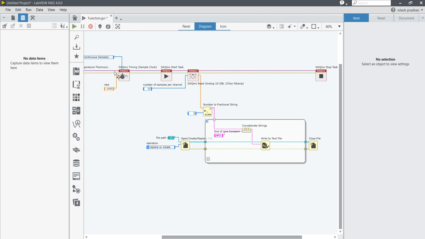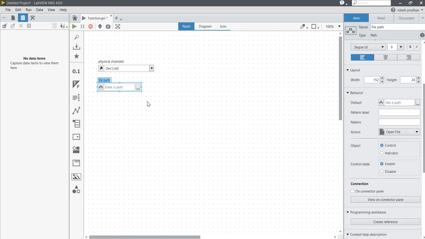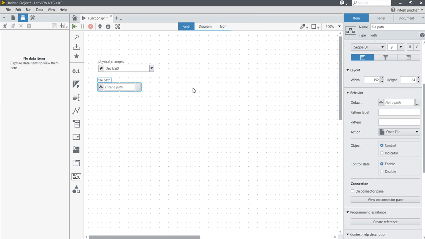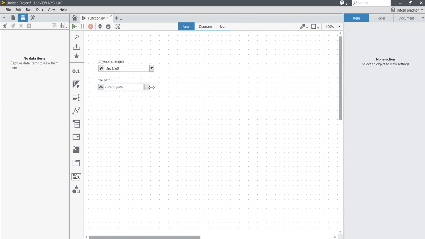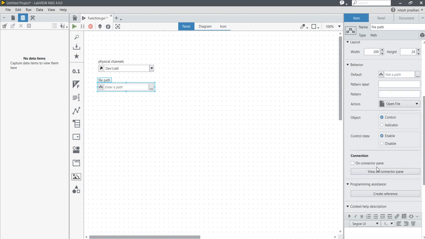When you are done, come into the front panel and take this File Path control and place it here. When you take this file path, you will get all this functionality here, size and width and all. Now the control type, action is Open File.